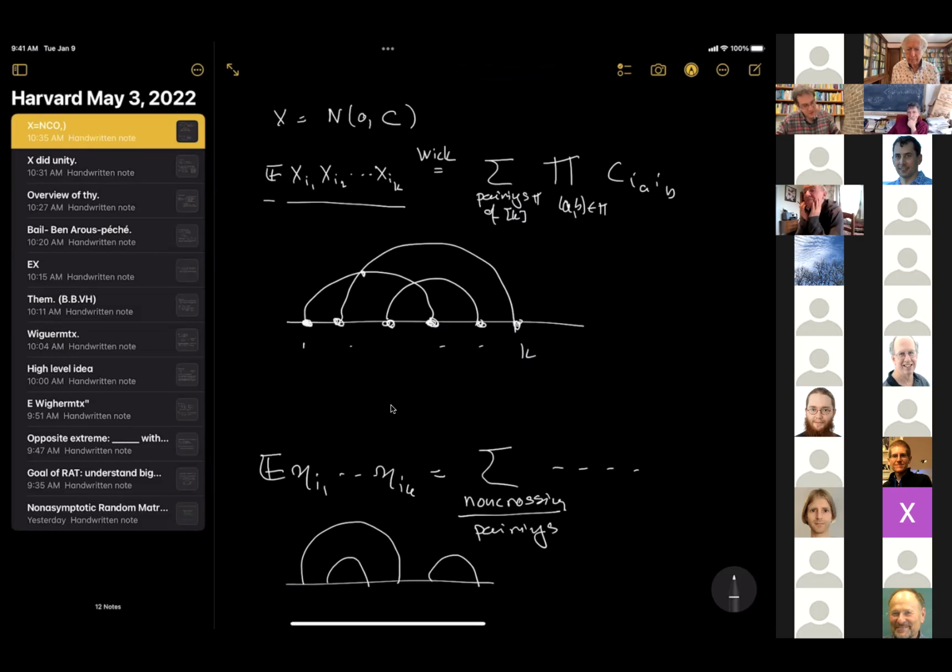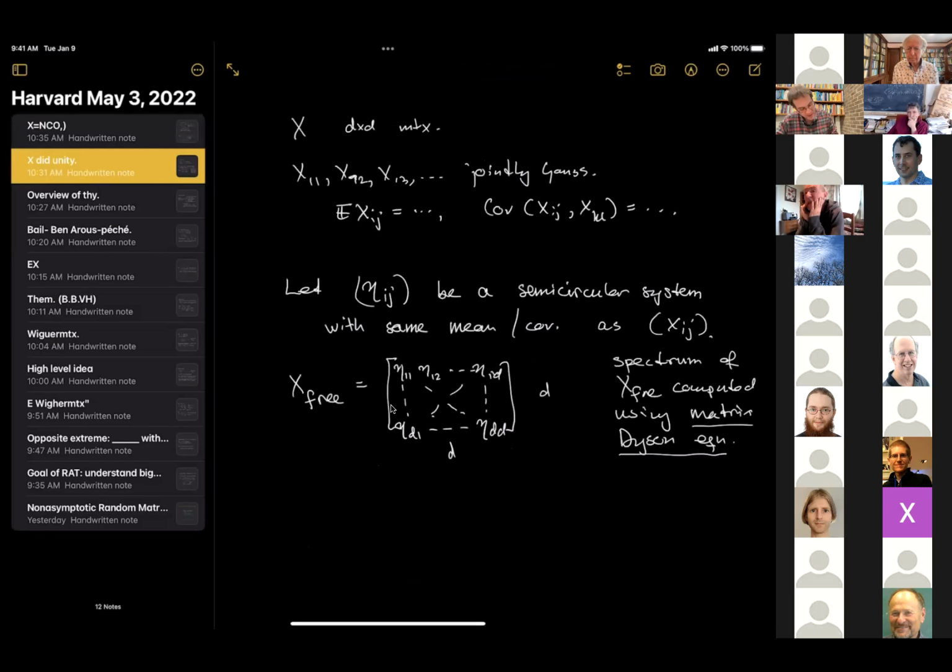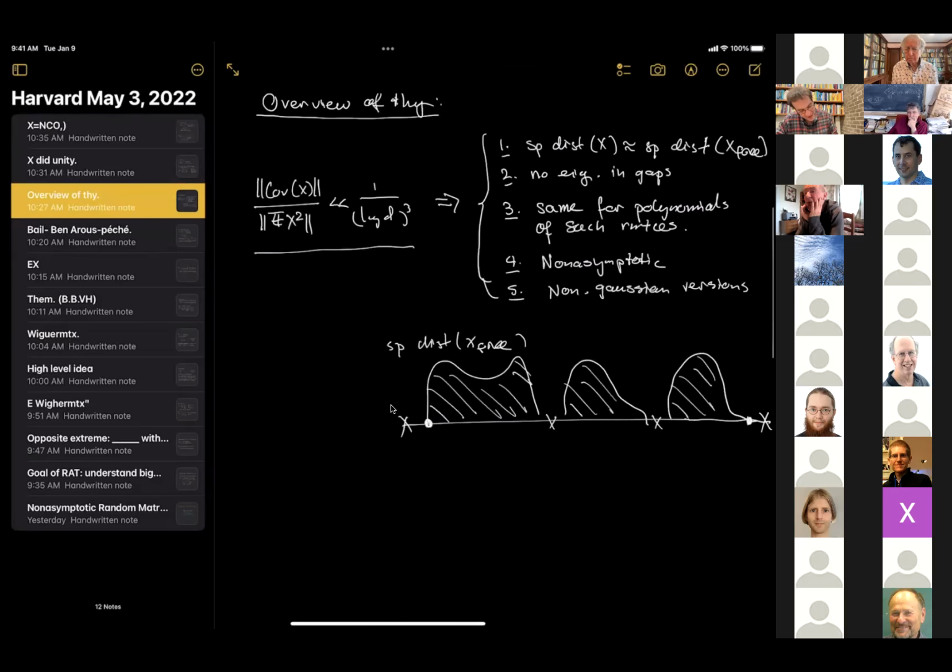But basically, what we are using implicitly, though we do not exactly prove it that way, is that if this parameter, the norm of the covariance matrix of X defined by the expectation of X squared, is small, then the pairings are already suppressed. The contribution of the pairings actually turns out to be controlled by this quantity over here, the norm of the covariance matrix of X divided by the expectation of X squared. And therefore, if this parameter is small, then the pairings are already negligible.